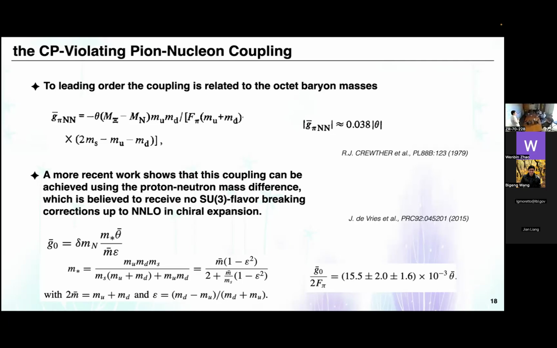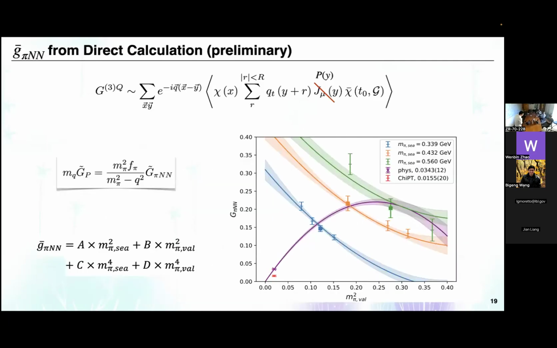From our point of view, such a quantity we of course want to calculate from first principles on the lattice. What we can do is straightforward. Previously we calculated the nucleon EDM, which has a 3-point function with the current being the electromagnetic current. Here we just replace that current with a pseudoscalar current and repeat all the calculations. What we get you can call the CP-Violating pseudoscalar coupling or pseudoscalar form factor. Then you use such a definition, exclude the pion pole, and you get this